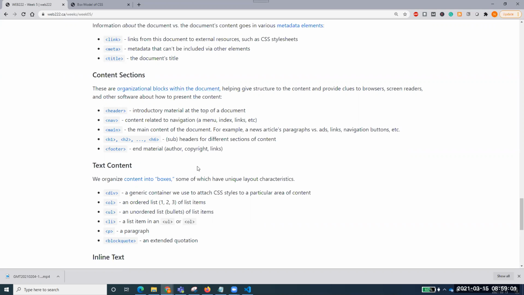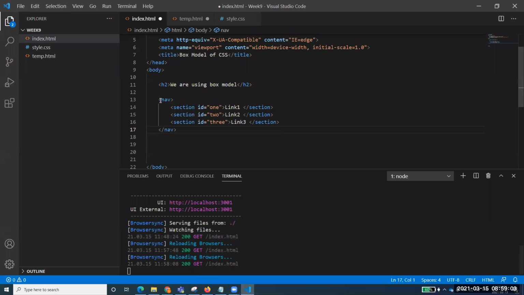So if a crawler comes to your website and finds out, okay, this is nav, it means these will all be links over there. Even though I've not used an anchor tag, I'm just saying that you can say this one will be all the links. Why? Because these are all included inside what? Nav. I hope you got the answer.